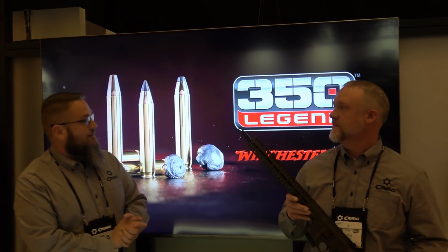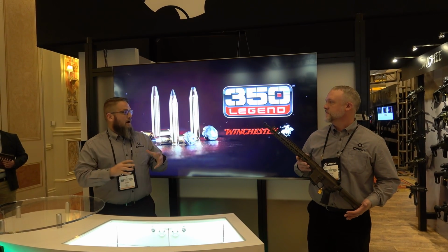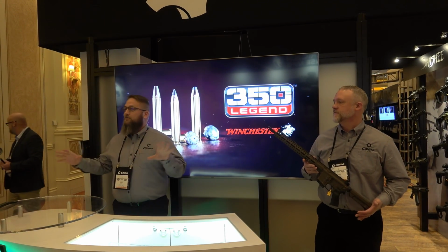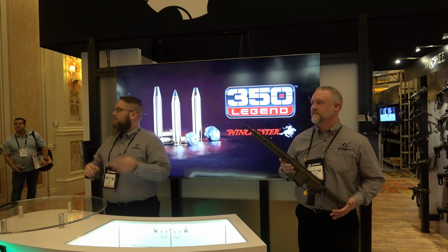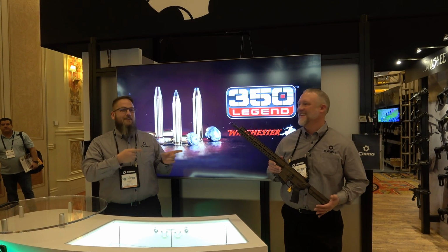We're very pleased to announce that we have been working with Winchester on developing an AR-15 chambered in this incredible new round, 350 Legend. It's going to bring a world of new options to people that want to go out and do some deer hunting. We've got some great rounds coming up. Straight wall cartridge. I'm sure you guys have already heard a lot about the cartridge itself. We do have some people here that are going to be able to answer your questions if you have things related to the cartridge. But we make the guns, so we're going to have a little bit of fun and